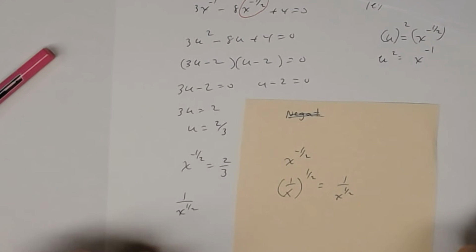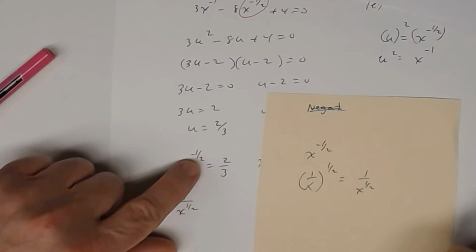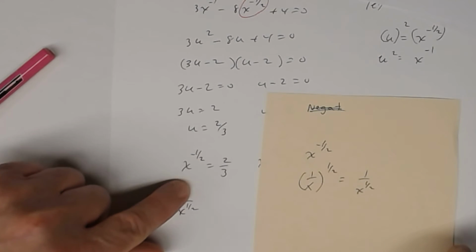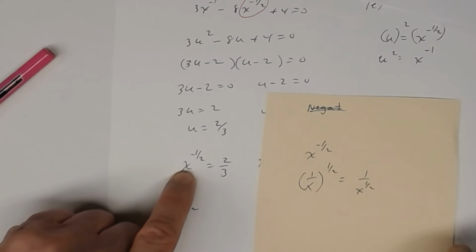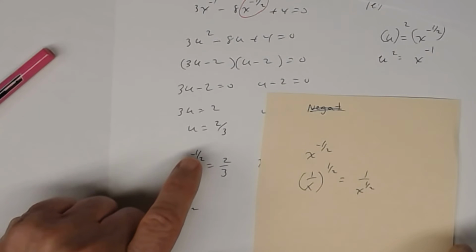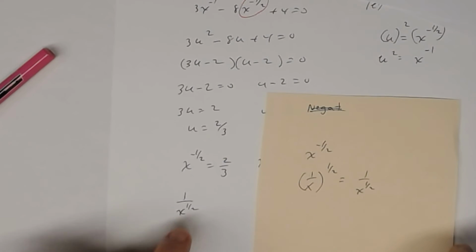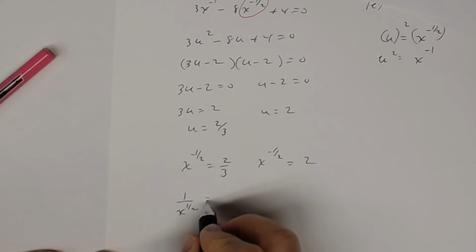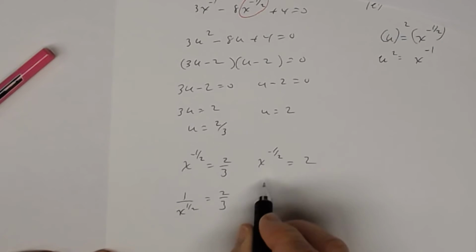Don't think that to get that exponent to be positive, you take the reciprocal of that whole term. It's just the reciprocal of that base, and then raise the numerator and denominator to that positive power. Okay, so we get this. Same thing here: x to the negative 1/2 is defined to be 1 over x to the 1/2 equals,